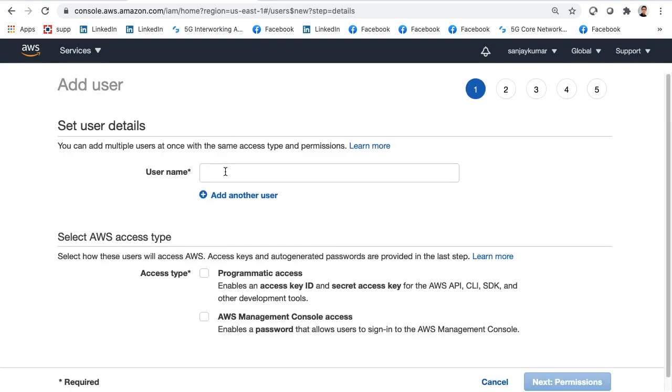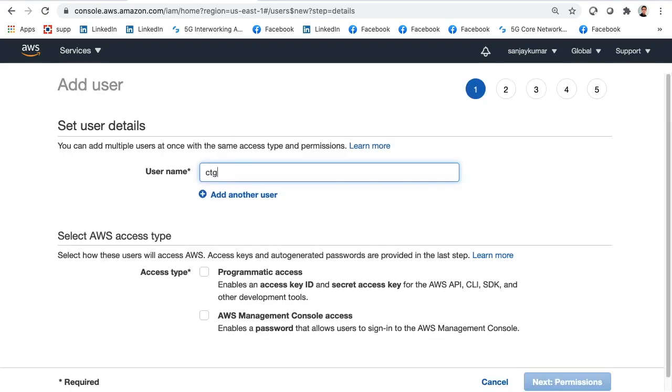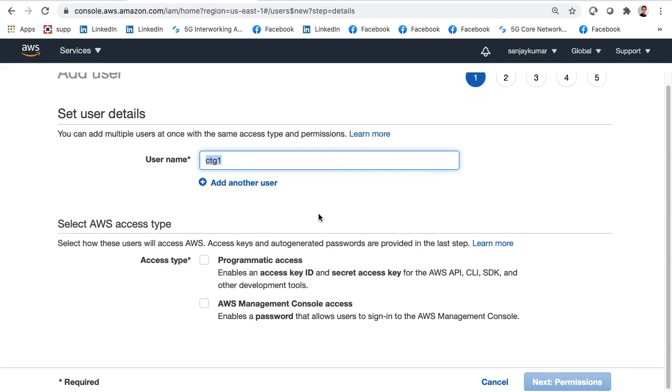When I click on Add user, I will enter CTG1, which is Cloud Training Guru 1. I can create multiple users at the same time, but as of now I'm going with only one user. Now there are two different access types available.